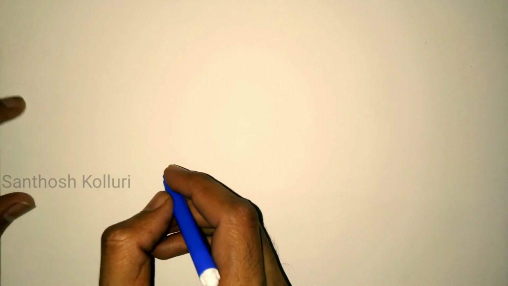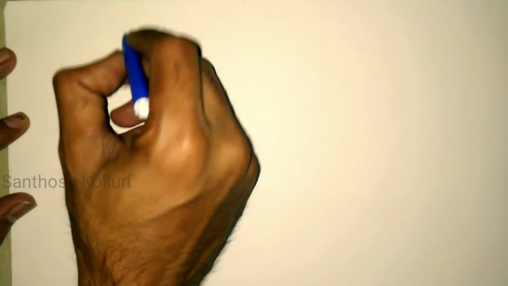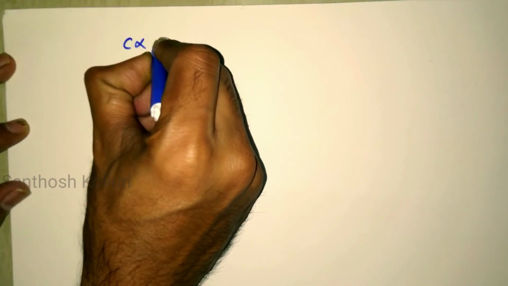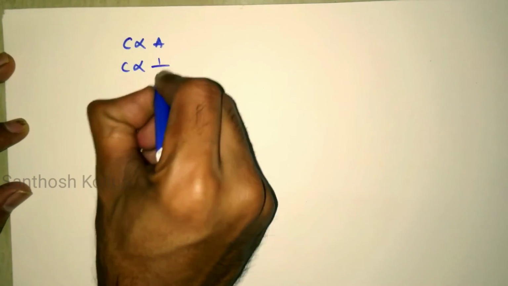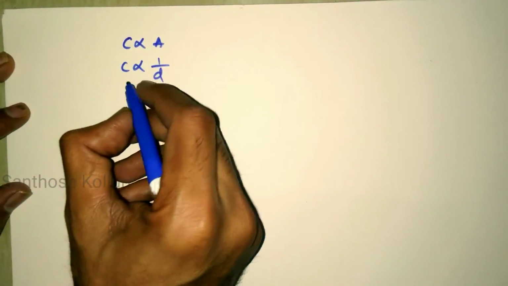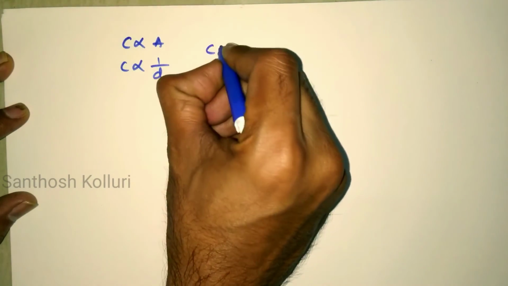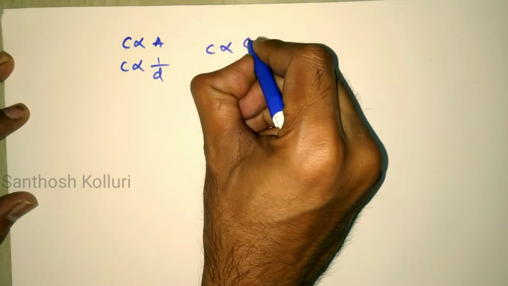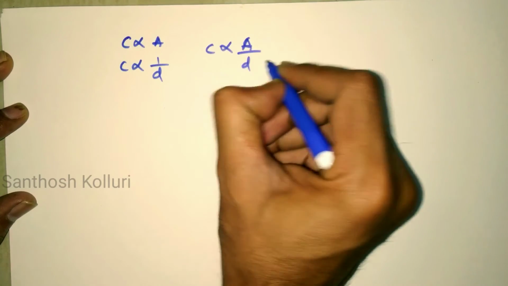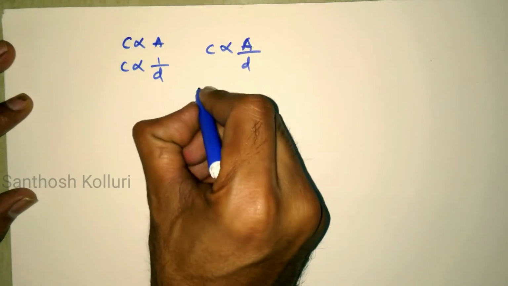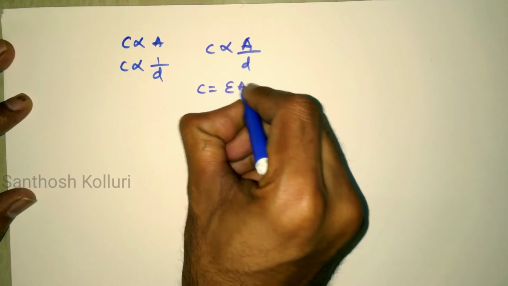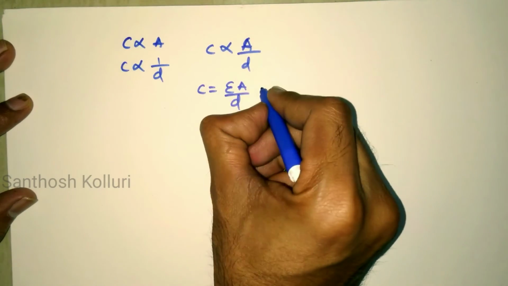As per the physical dimensions, the capacitance C is directly proportional to the area of cross section, and inversely proportional to the distance between the two plates. So this can be written as C is equal to epsilon A by D farads,